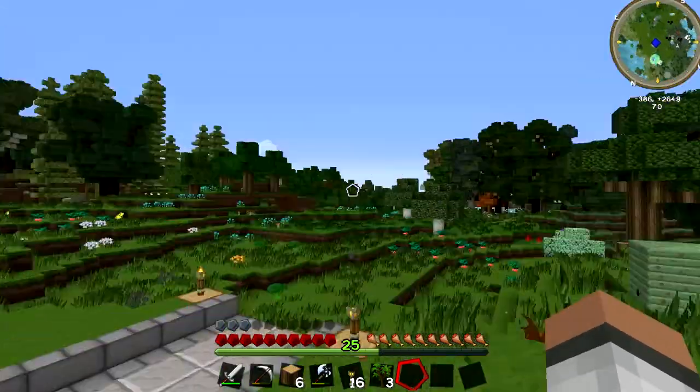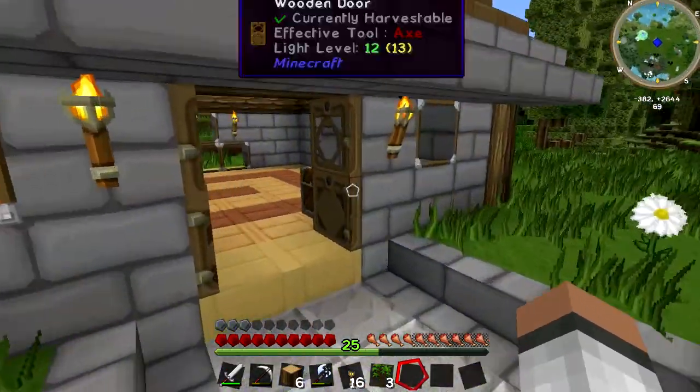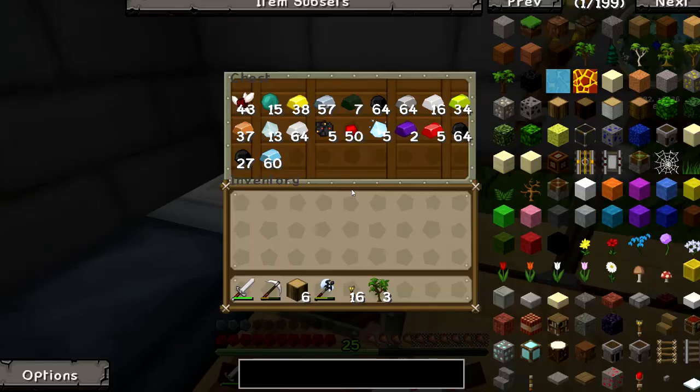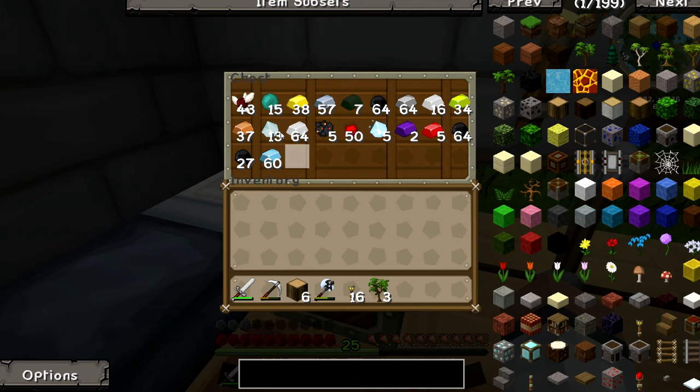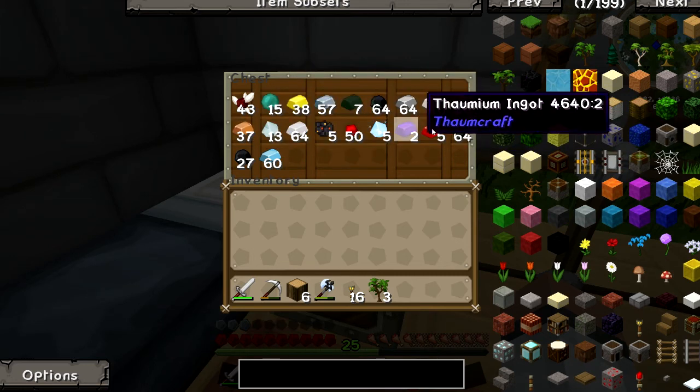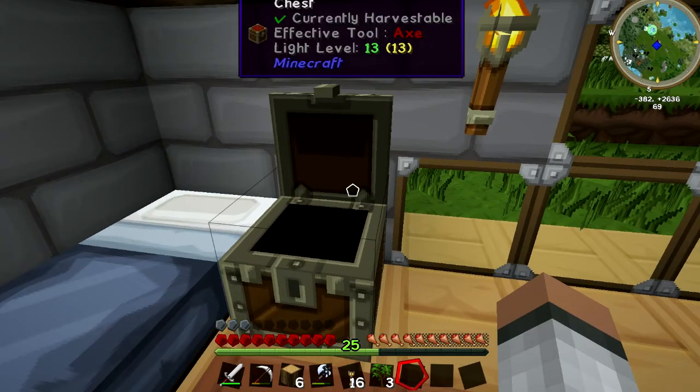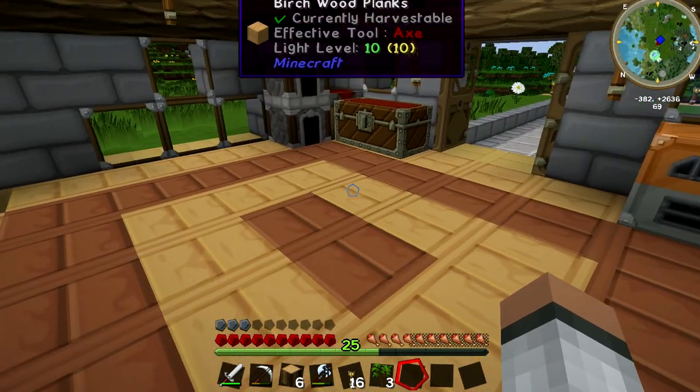Now last time we were here we actually made the crusher, which is in our lovely house. Here it is, which is duplicating all our ores, and this is what we currently have. We've got quite a lot of stuff, which is pretty good for early on in the game. Don't know what to do with these here, but anyway, what we're going to do is we're going to think